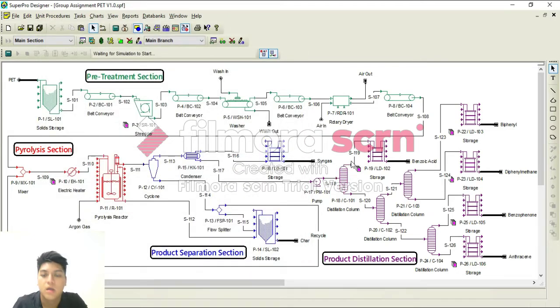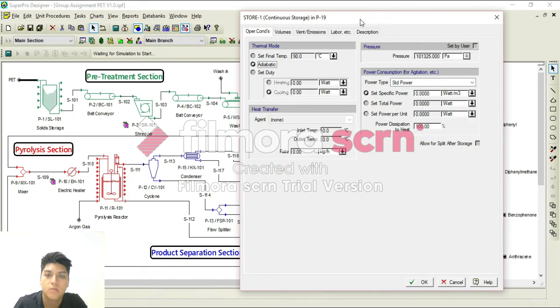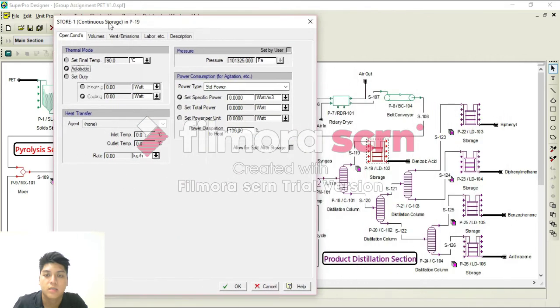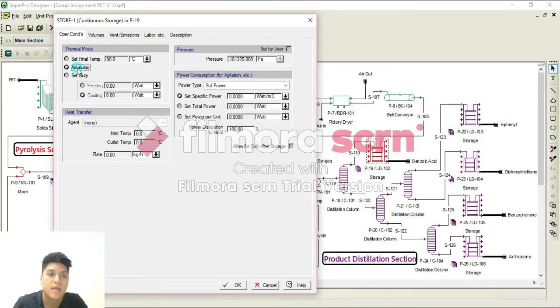The distillate of the first distillation column, which contained pure benzoic acid, will enter a storage drum. The storage drum for benzoic acid was set to operate at adiabatic thermal mode,